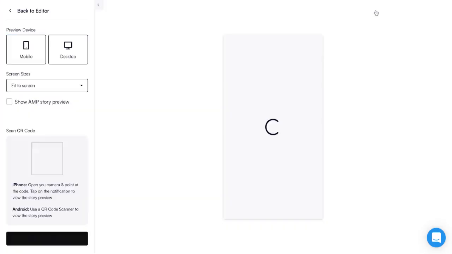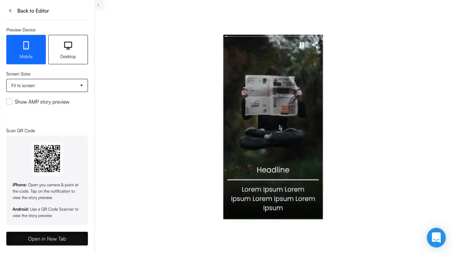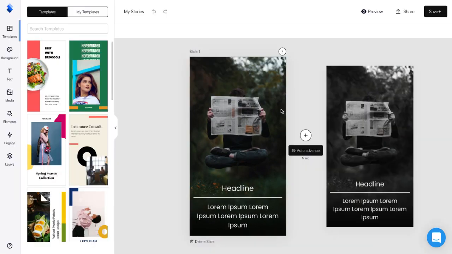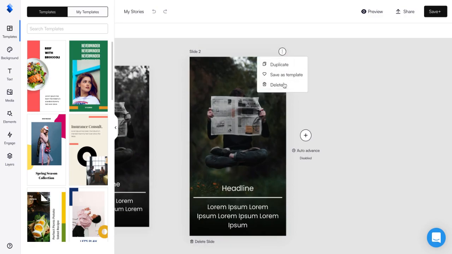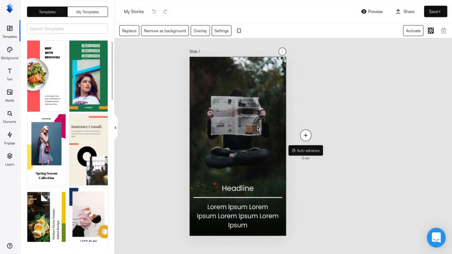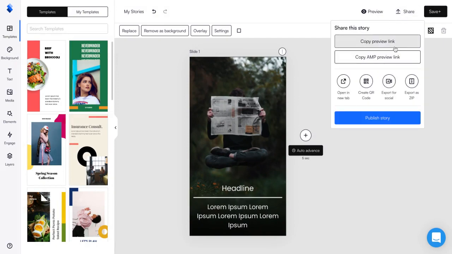So you can preview both stories before going live and you can see how the first story transitions to the second story right here. Now, if you like how the story looks, we will just remove this slide. You can go and share your